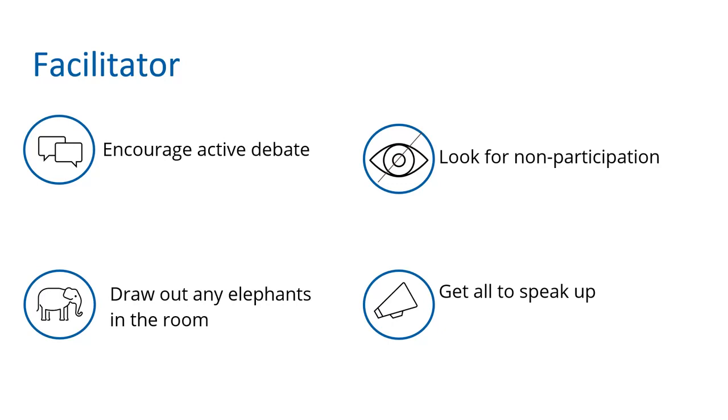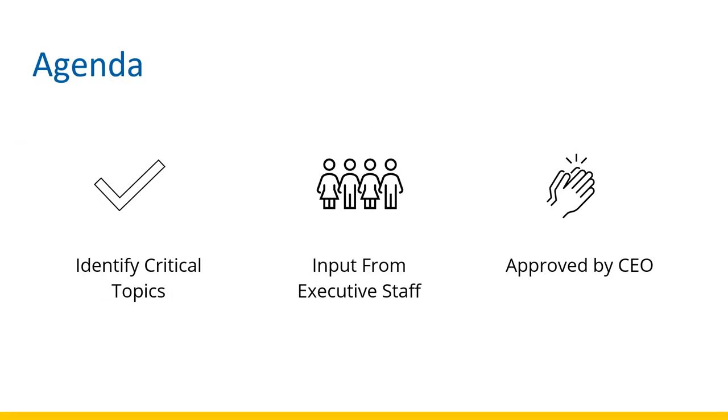So make sure you identify the facilitator. The facilitator can make sure that we draw out any elephants in the room. The facilitator should be able to put together the agenda for the meeting. So a good methodology would be to get input from the executive staff on what they thought the critical issues